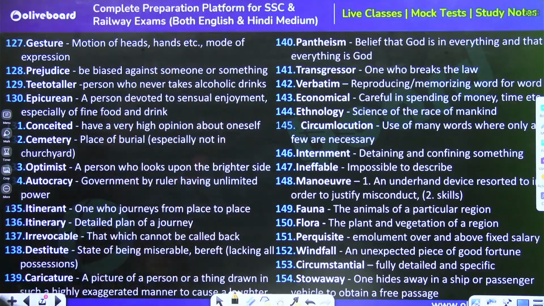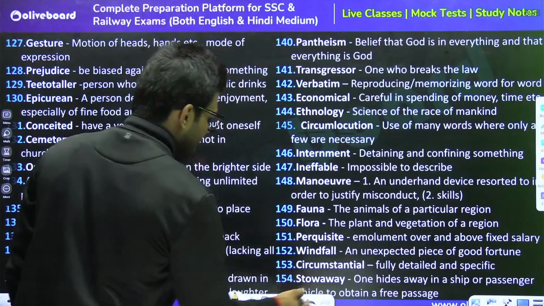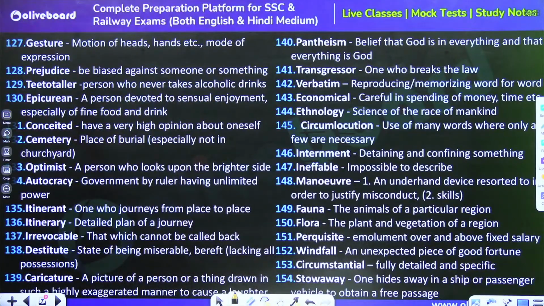Circumference, you better know. Stowaway, you have heard of this. When someone hides oneself in some luggage, baggage, or such just to get free passage. It has happened quite a few times. I hope no objection is here in any of these. In case you have, feel free to ask.